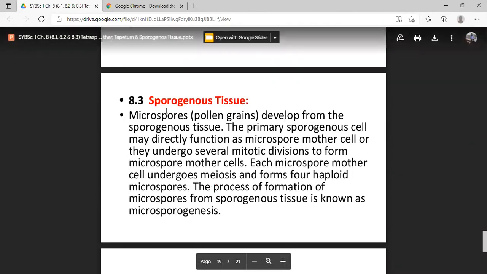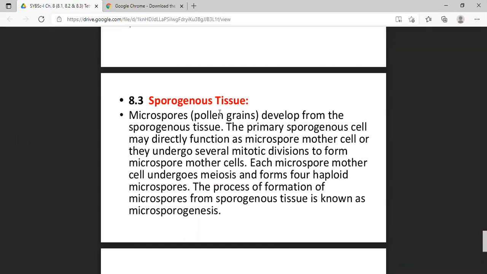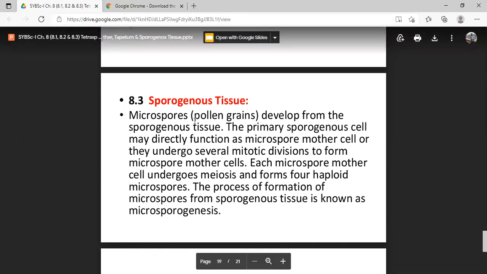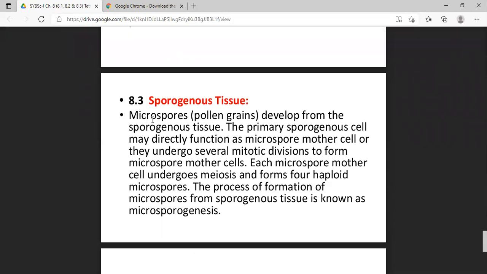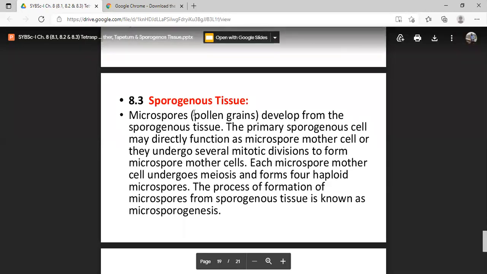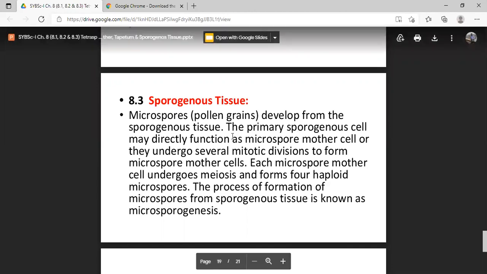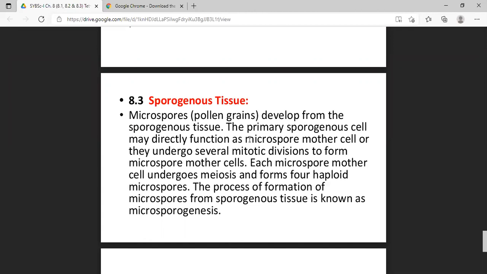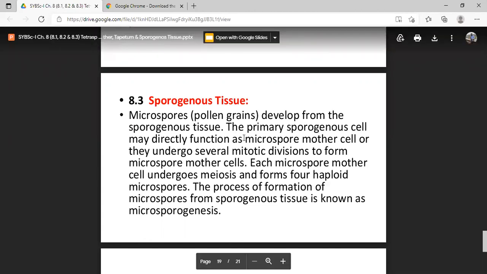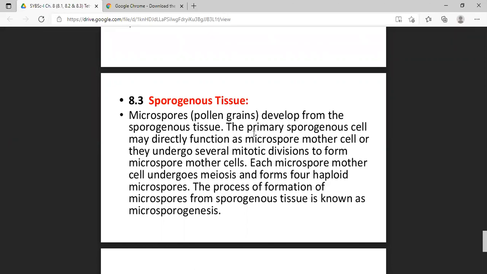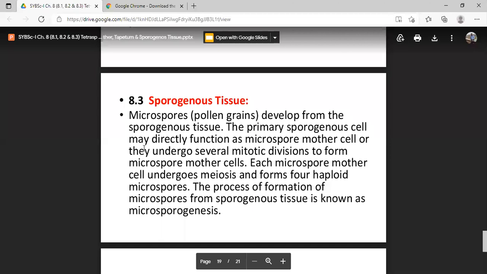Sporogenous tissue here. This is the microspore or pollen grain development from the sporogenous tissue, or simply the fertile tissue, which is responsible for the formation of microspores, or pollen grains. The primary sporogenous cell may directly function as a microspore mother cell. To remember the short form: MMC, microspore mother cell, or PMC, pollen mother cell, or